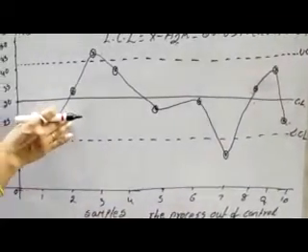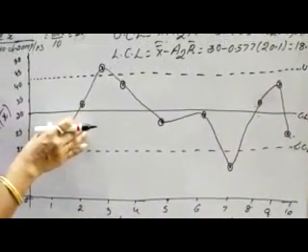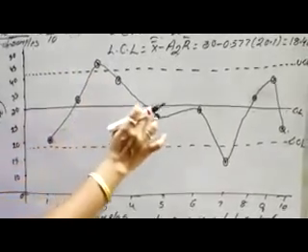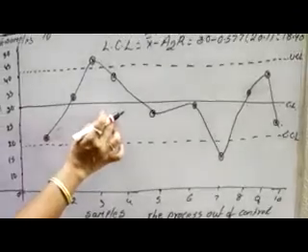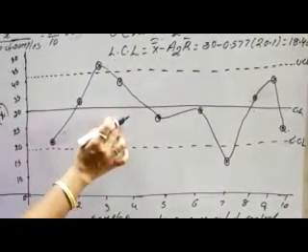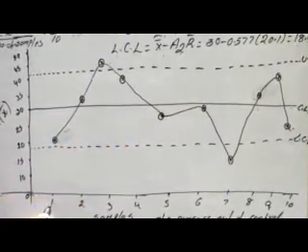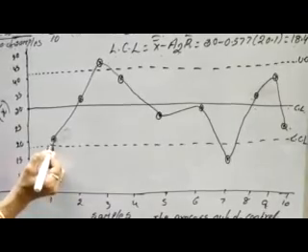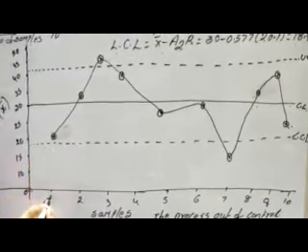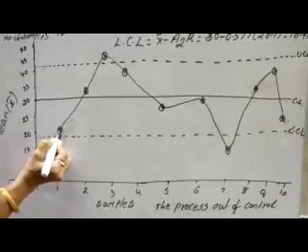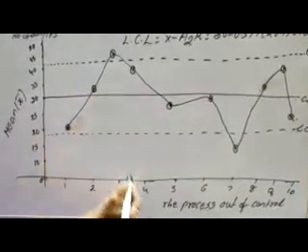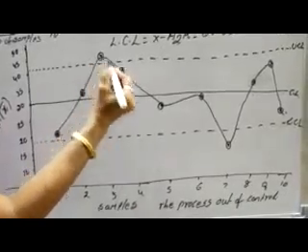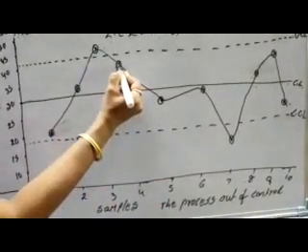After that, you can plot the sample values. When we plot all the values and join them, the values need not go outside of the UCL and LCL. According to the given problem, the value of the first sample is equal to 23. On the x-axis 1, y-axis 23. In this way, you can plot the point. Number 2 is equal to 37. Number 3 is equal to 47. Number 4 is equal to 39.